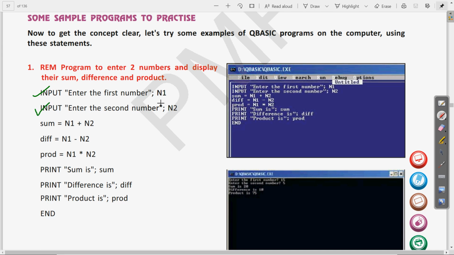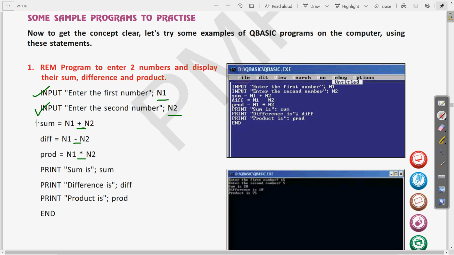Using the input command the two numbers were entered, that is n1 and n2, and then we have used different variables for storing these and the different mathematical operators, as we study in maths also. For addition we have used the plus symbol, for difference the minus, and for the product we use the star symbol.